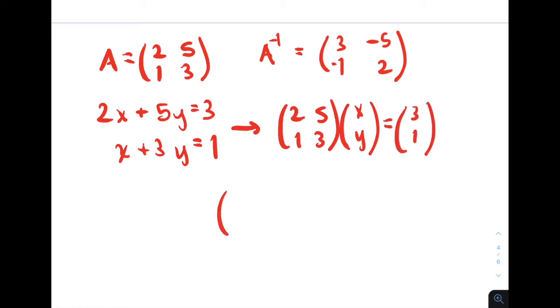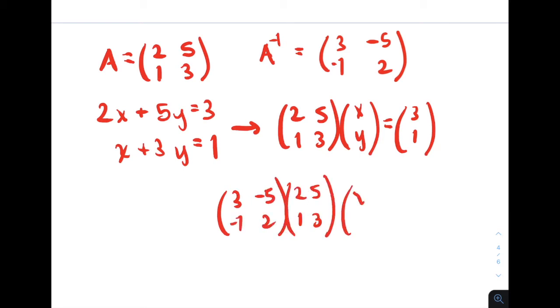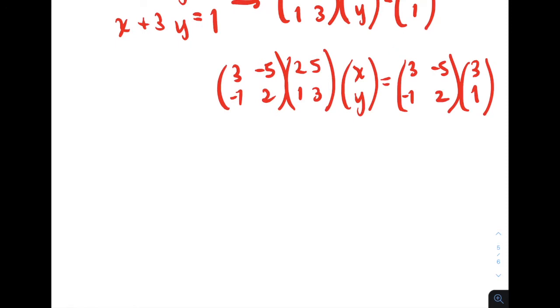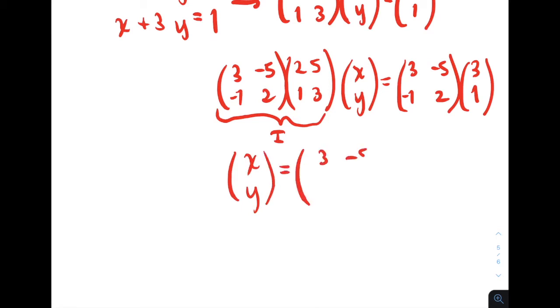Then we could say that using our matrix inverse, we can multiply both sides by our inverse matrix. Because we know that this is the identity matrix, we get that x, y equals 3, negative 5, negative 1, 2